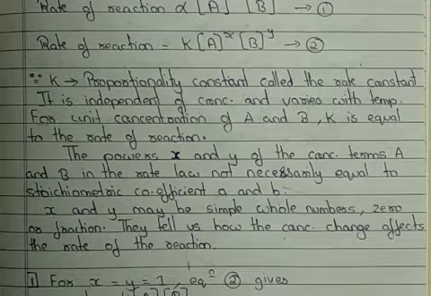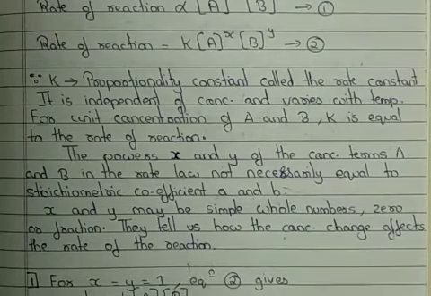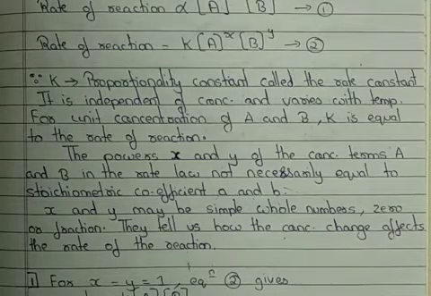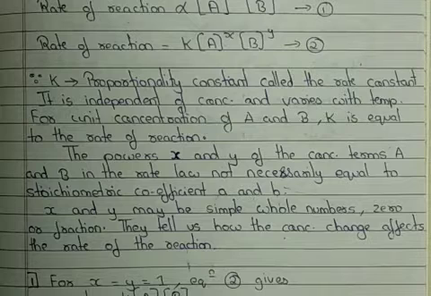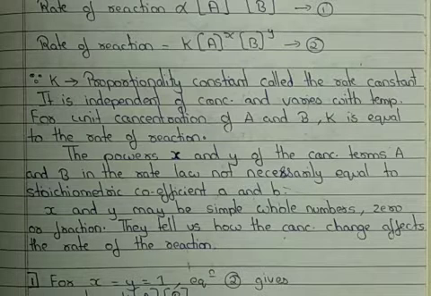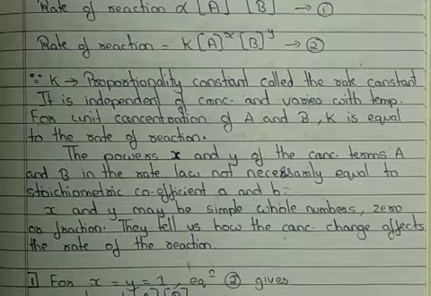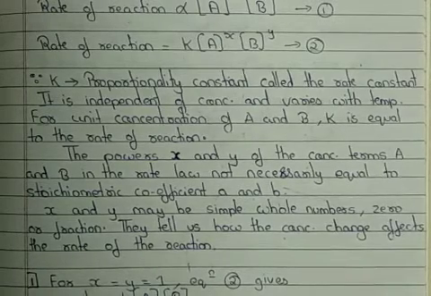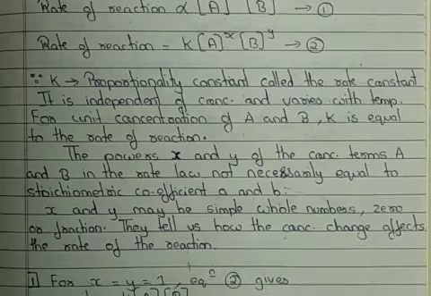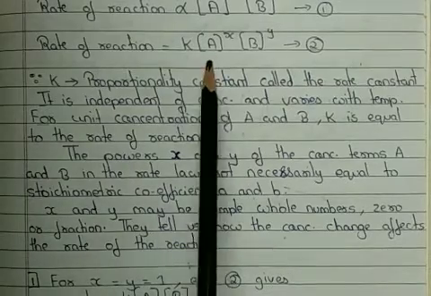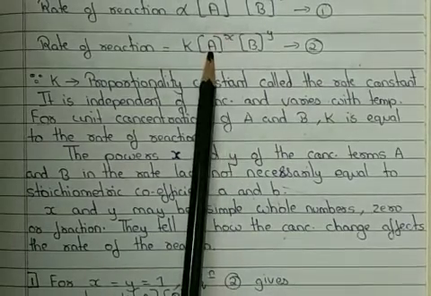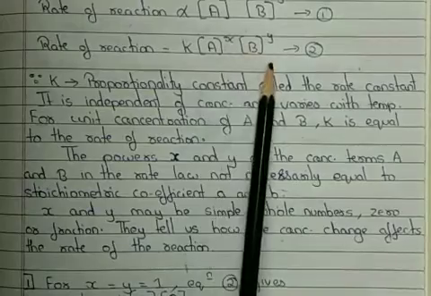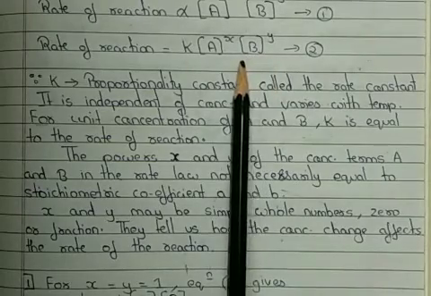The second important application is that it can be used to estimate the concentration of reactants and products at any time during the course of the reaction. That means if I know the rate law, and based on that I know my rate of reaction and rate constant value, then we can find out the concentration of reactants, that can be A or B, during the course of the reaction.